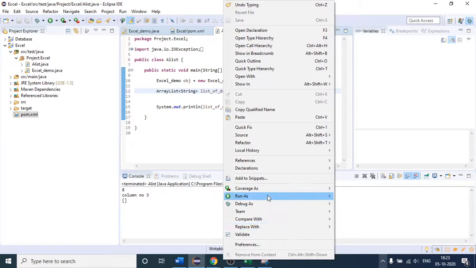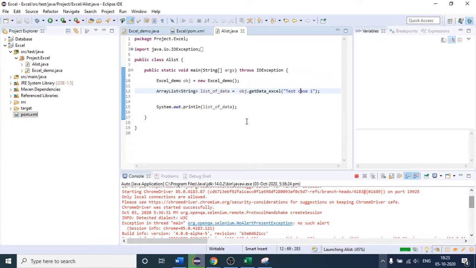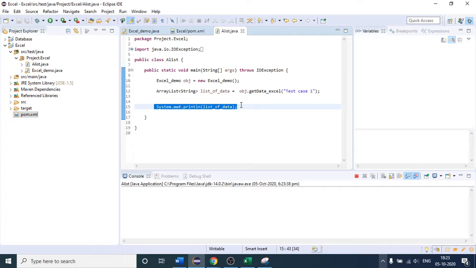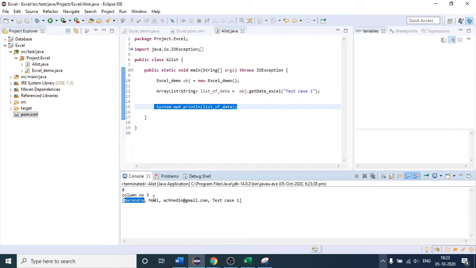This time, if I run it, I am going to get my required data here. After you get the data in the array list, whatever you want to use the data for, you can use it anywhere from the Excel. You can see that this is the data: first name, last name, email address, and then this is our required test case number, right? You can use a for each loop as well. As of now, you can do it by yourself. You know how to do it. Is it clear to everyone how we have created all this?